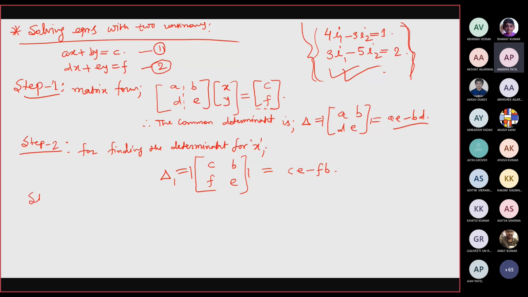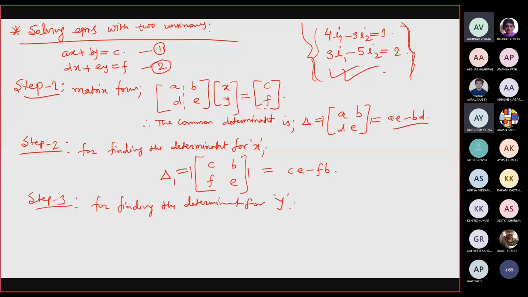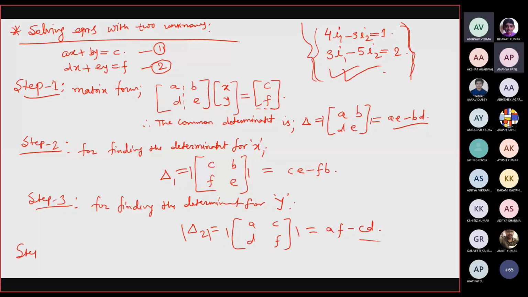Right. Now similarly, for finding the determinant for y, just replace these things. a d will be unchanged, replace b e by c f. Now if we take the determinant value, then this will be simply af minus cd. Right. So now here you have to, in step 4, you have to apply a rule that is known as